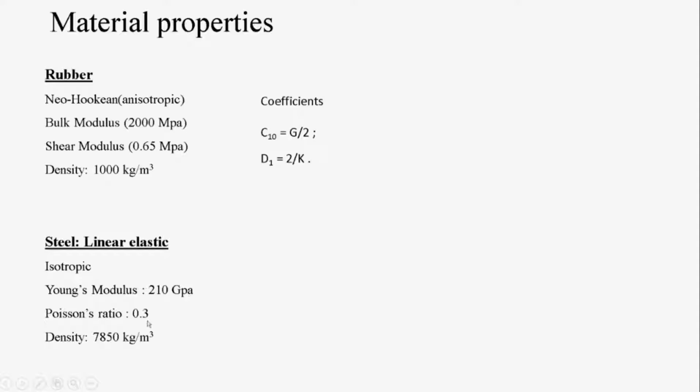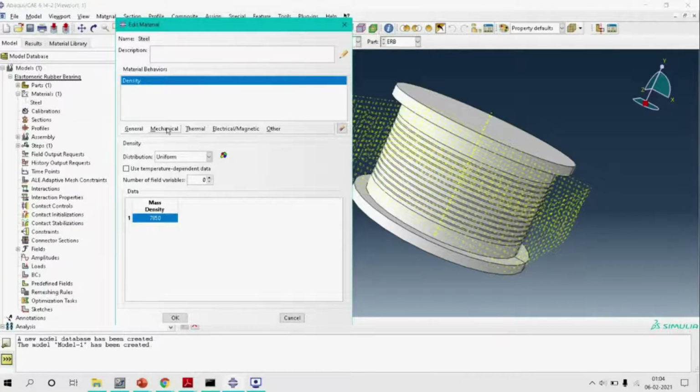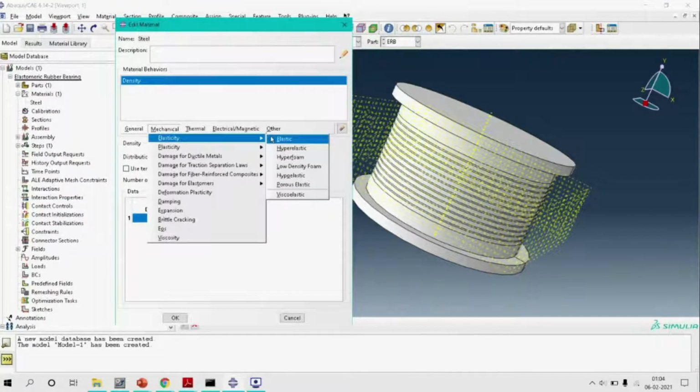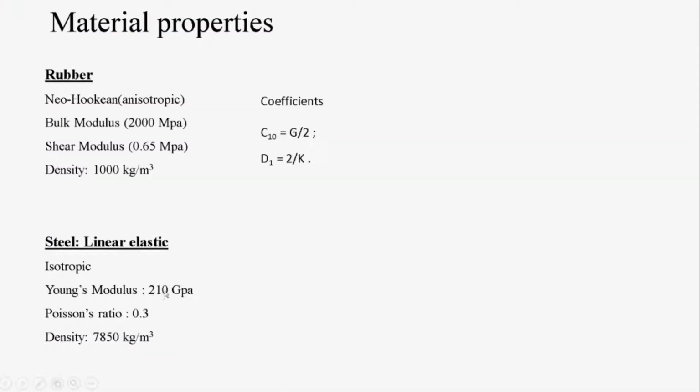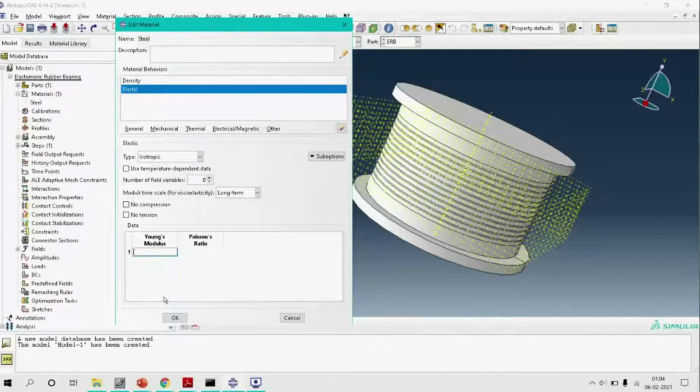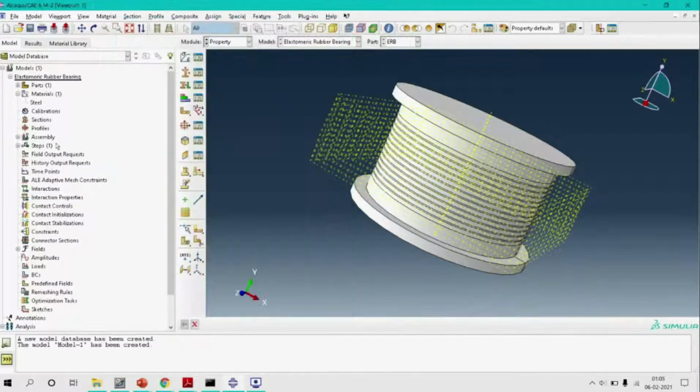These two are elastic properties, so we go to Mechanical, then Elasticity, and here for Young's modulus we set it to 210 gigapascal, so 210E9, and the Poisson's ratio is 0.3. Okay, so our first material has been created, that is steel.